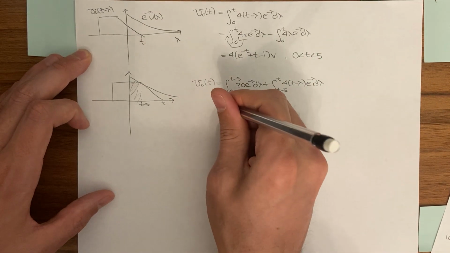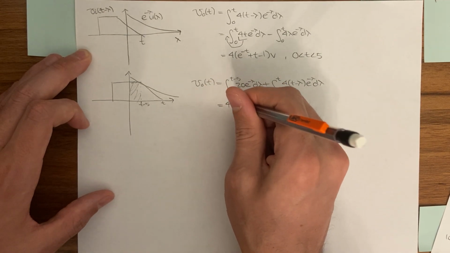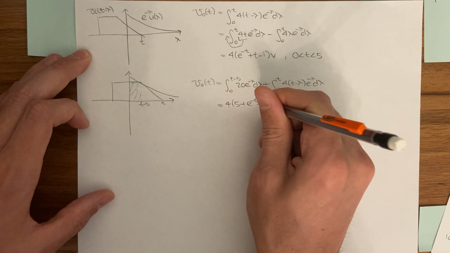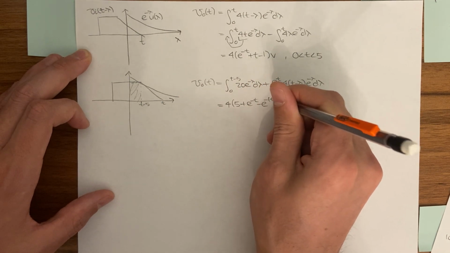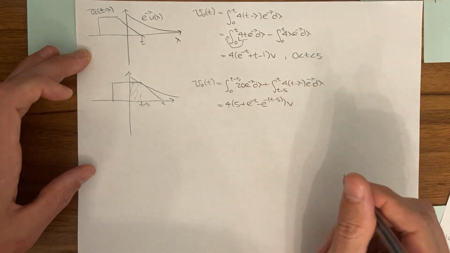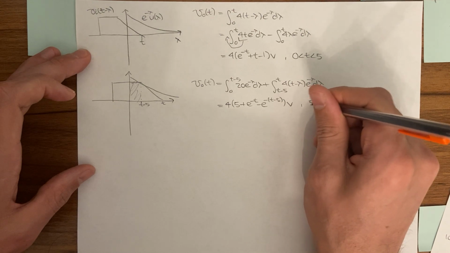When you actually do these integrals, it winds up being 4 times (5 plus e to the minus t minus e to the minus (t minus 5)), and that's volts. Again, this is valid for 5